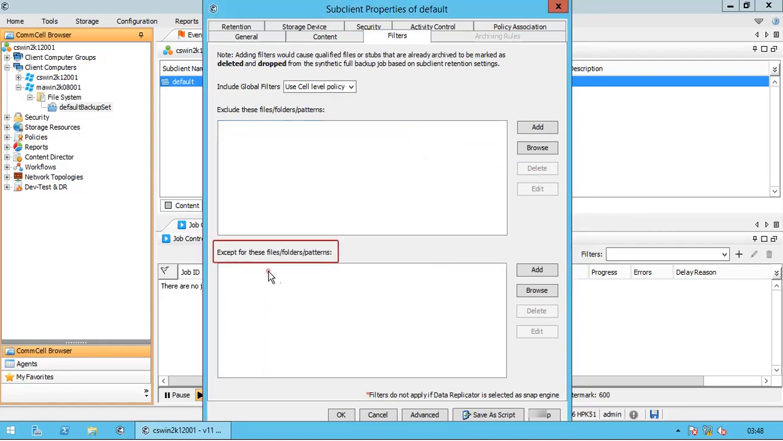Except for these files, folders, or patterns. Let's say you have a parent folder excluded from backup, but you wish to backup one particular subfile or subfolder. Then you add the entry here, so it can be included in the backup. As discussed above, use Add, Browse, Delete, and Edit options to create, modify, or delete an entry. It's worth noting this